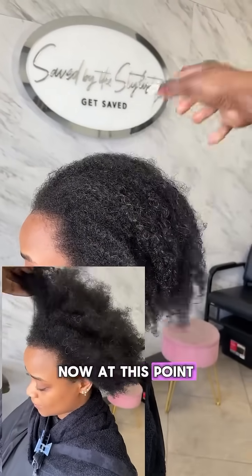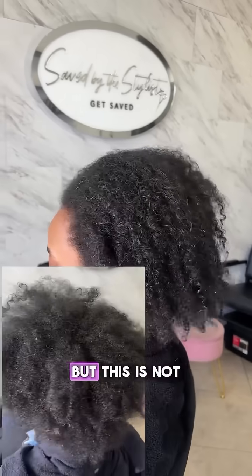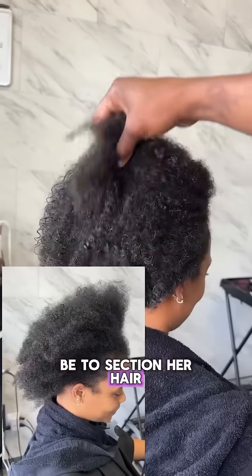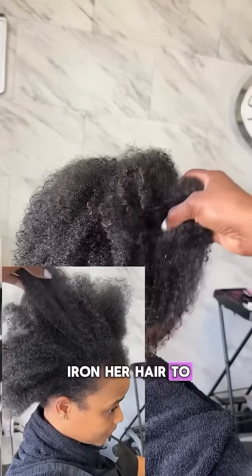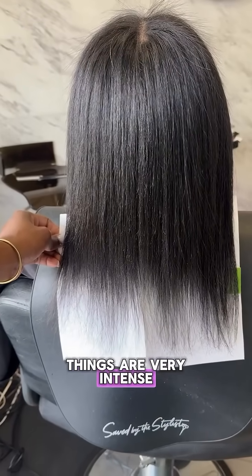Now at this point, we are both smiling. We are pleased. We are happy with the results, but this is not the end yet. So after this process, the final step would be to section her hair, blow dry, and flat iron her hair to seal the cuticles. Now, since my client is in school and things are very intense, she hasn't been able